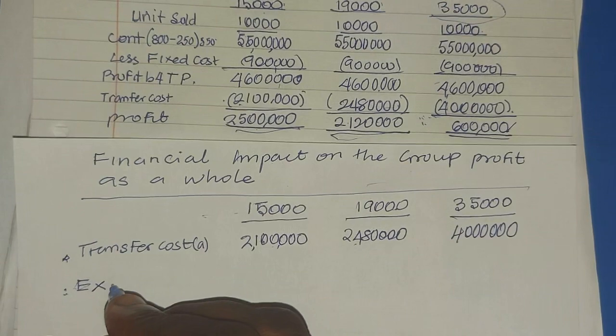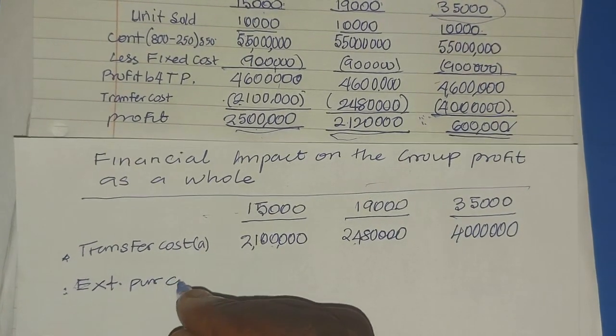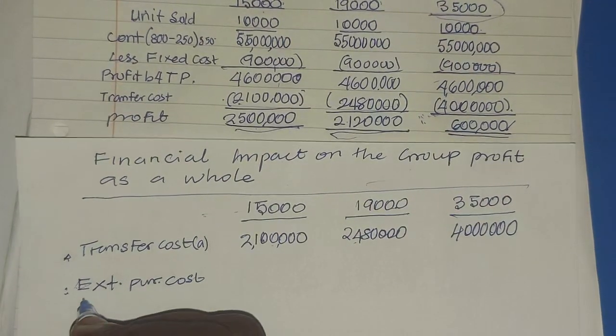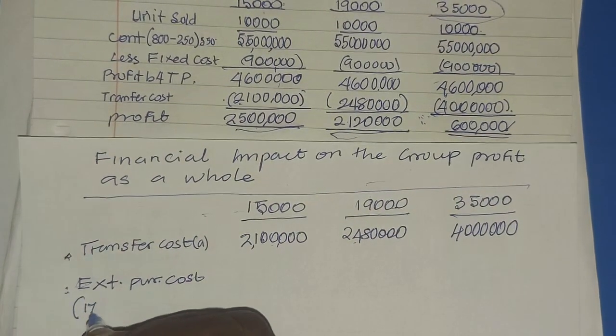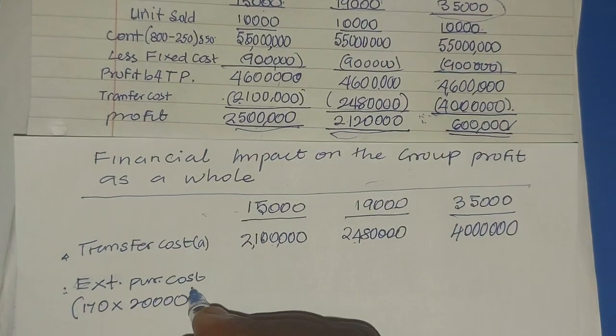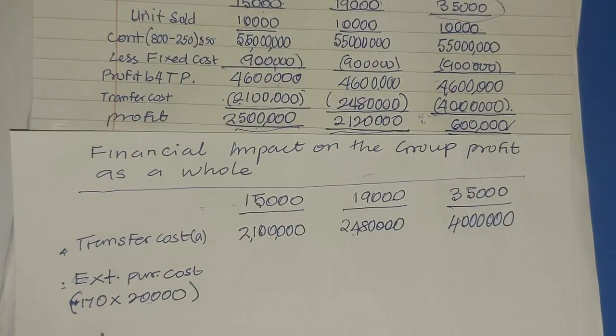So what would be the impact? The external purchase cost would have been 170 multiplied by 20,000 units. These 20,000 units from the external supplier would have cost us